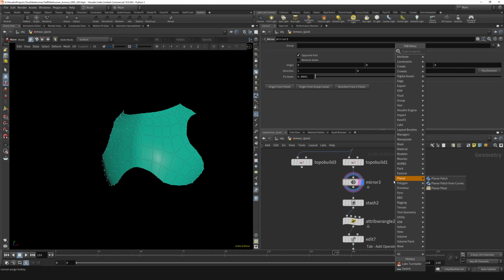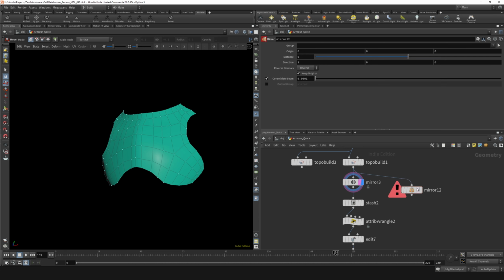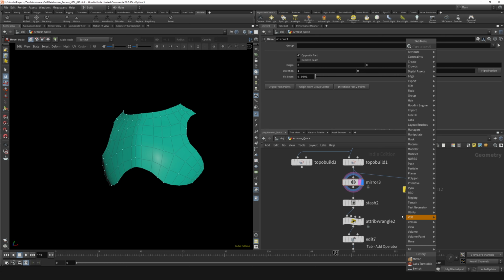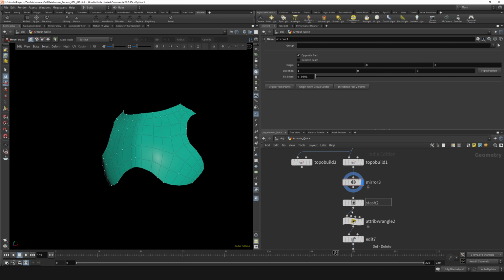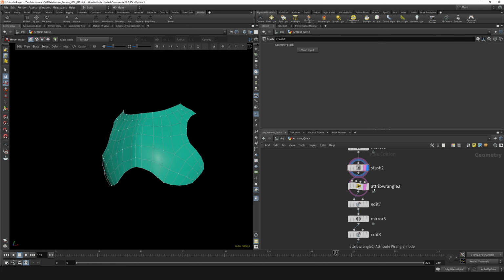You could also use just a mirror. It's just a little bit different, but essentially does a similar thing. If you don't have that plugin, it's just the same thing in a way. This one is a little bit cleaner, has more features. Then stashed it again,